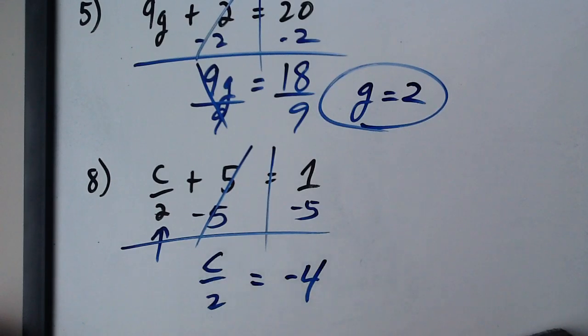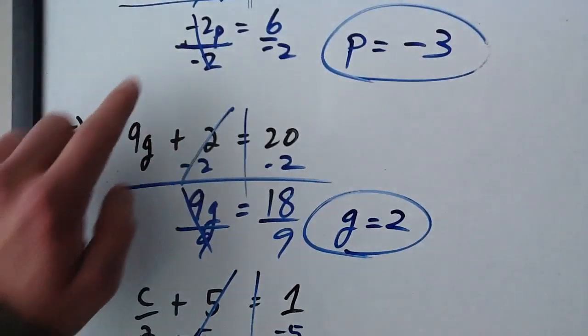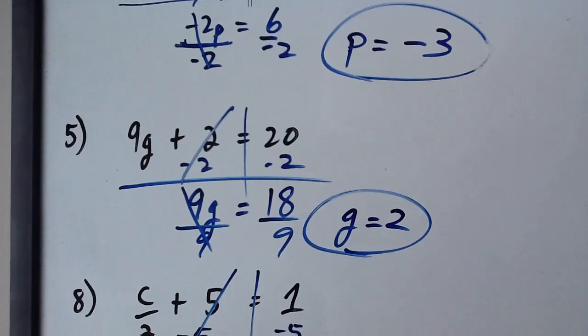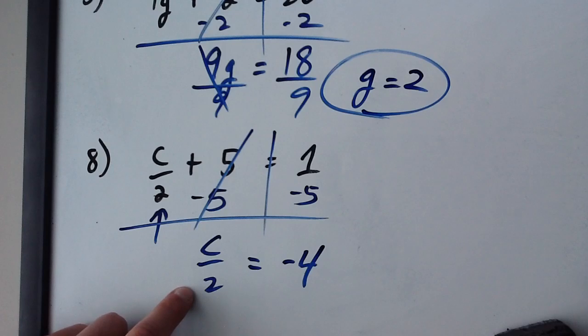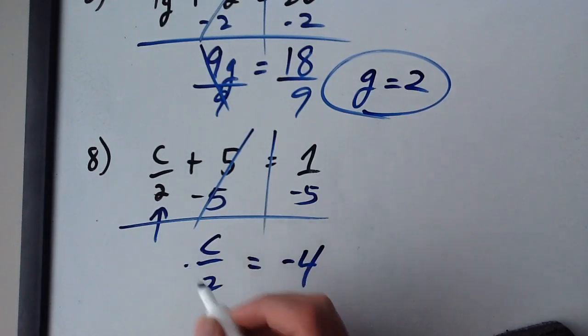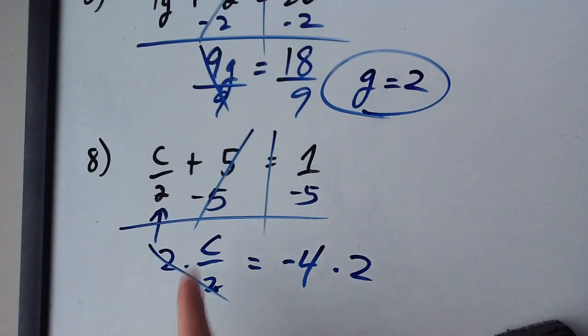Now here, again, you do the inverse operation. In these previous two, you had negative 2 times p, 9 times g, so you do the inverse, which is division. Well, here you have division going on, c divided by 2. So to get c by itself, you've got to do the inverse of division, which is multiplication. And you multiply by the number in the denominator, so that it eliminates the denominator, and you're left with only the variable. So if you multiply both sides by 2,